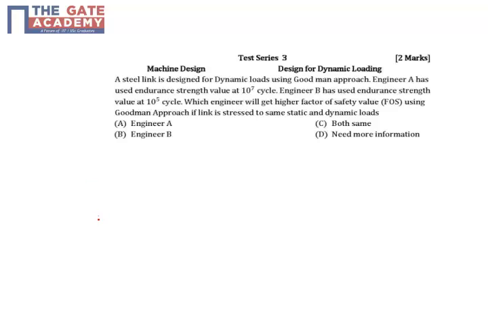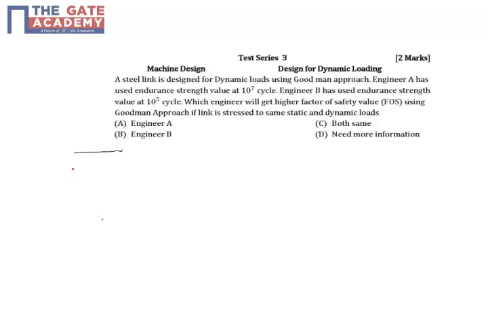Okay, so let's discuss a question from fatigue basically. Here you have a steel link which is subjected to both static and dynamic loading, and that's why you have a mean and alternating stress. What is given is that there are two engineers. One engineer uses a value of 10 power 7 cycles of endurance strength, whereas another uses 10 power 5 cycle endurance strength. Based on this, if they use a Goodman approach, which will be giving a